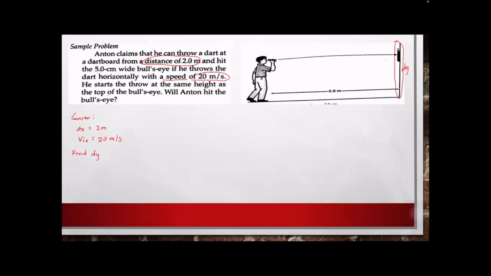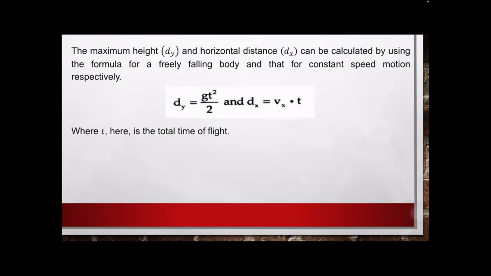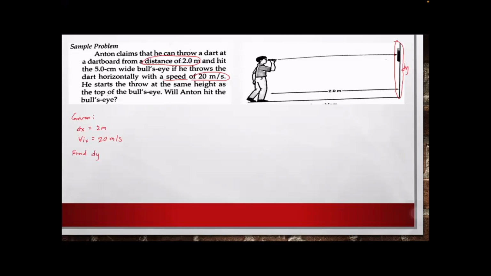The first thing that we have to do is to use the formula. Kailangan natin to use the d sub y or dy. Di ba meron tayo ditong time? Now, para makuha natin yung time, kailangan natin gamitin ang dx is equal to v sub x times the t. Kasi from this given kasi yung dx